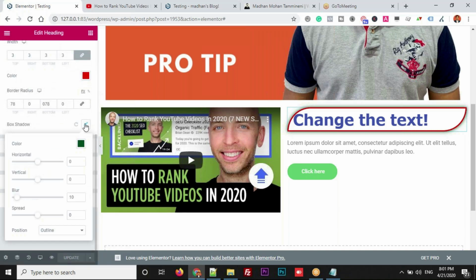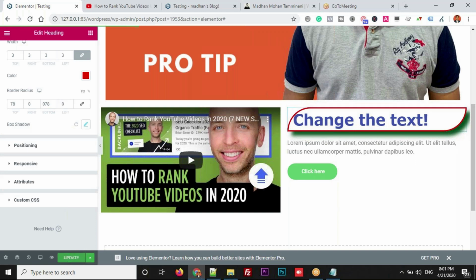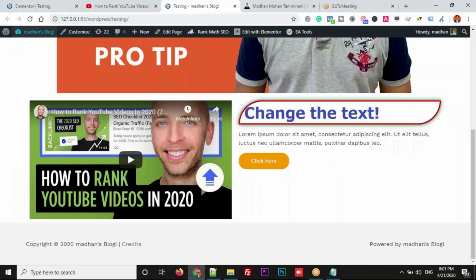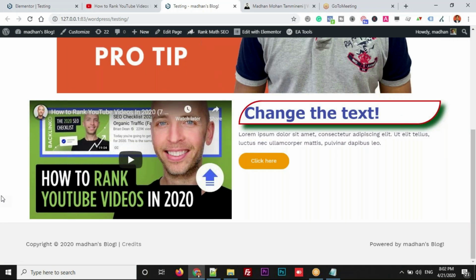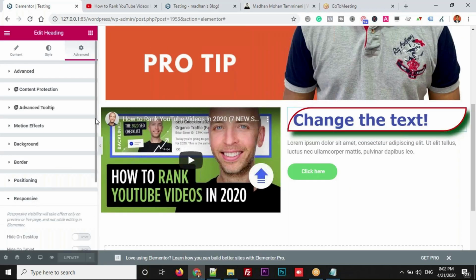You'll have horizontal, vertical like this. Let me do this so that you can better see the shadow. Observe on the right side. This is what box shadow is. It looks like it is on air. Let's refresh and see the shadow.